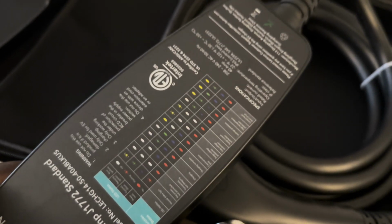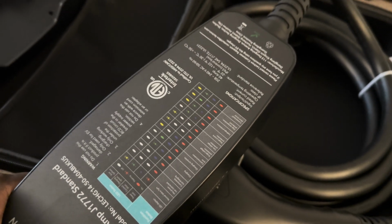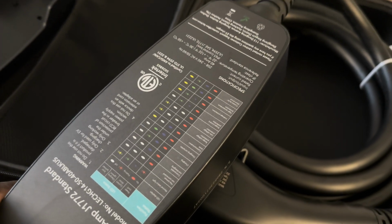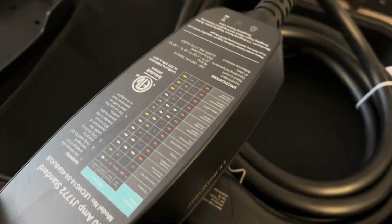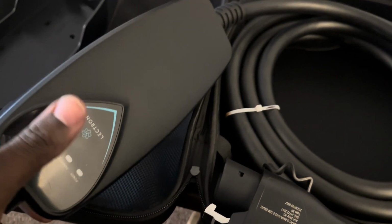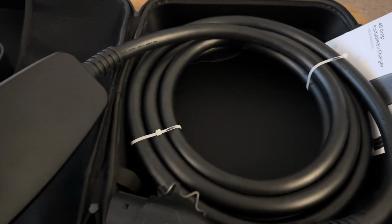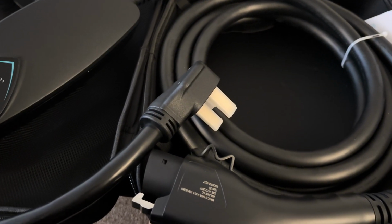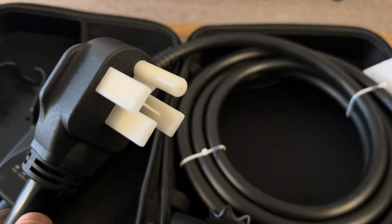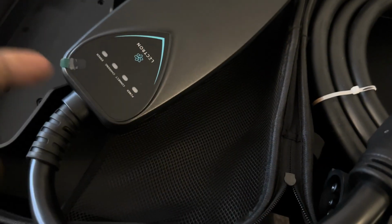It's like the LCD screen tells you what you need to know, and it does it in a very efficient way. So I actually like the fact that I have the LCD screen. Some of the newer models will come with LED or LCD screens built onto the front of the charger, but this one doesn't. And I will say this, the one criticism that I would have about this as a portable charger is that this plug right here is a NEMA 14-50 outlet plug,